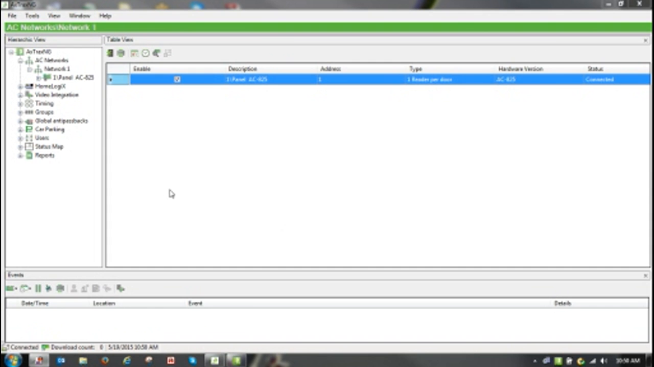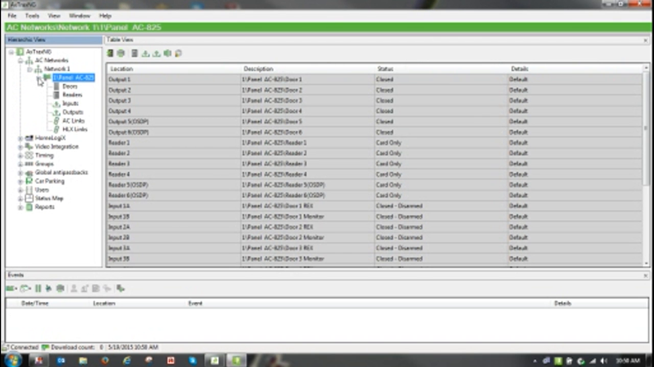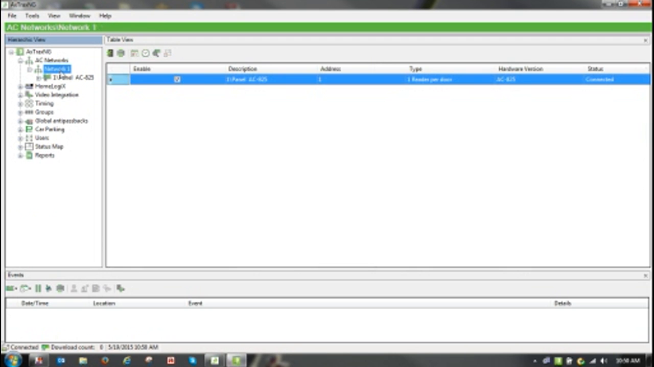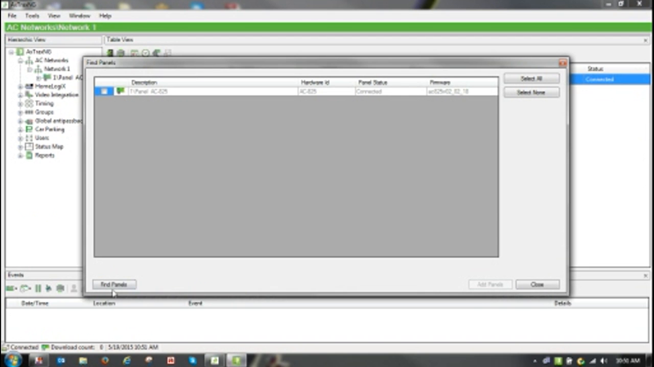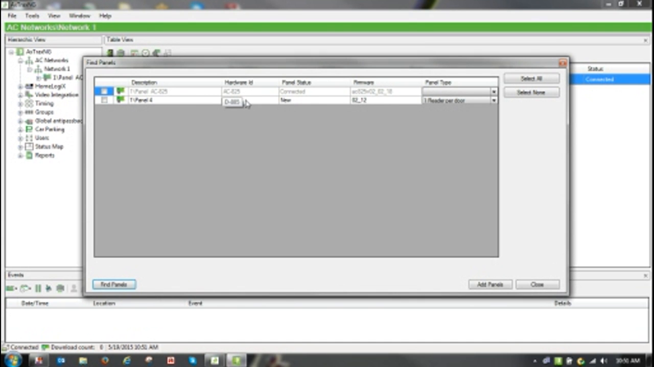Okay, after we have now connected to our panel and have made sure that everything is connected, the next thing that we want to do is connect our expansion modules. It's done the same way as the legacy panels. It looks just like a panel, and all we do in this case is highlight our network, do a find panel, click on find panels, and it will come up and show us our expansion module,